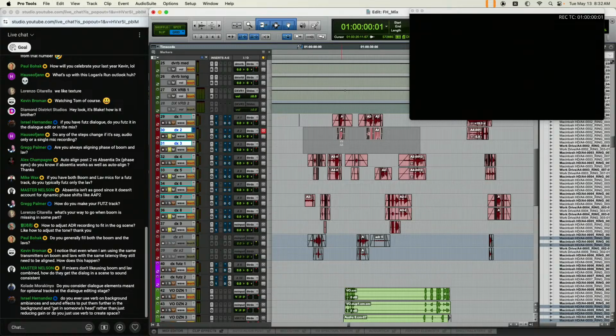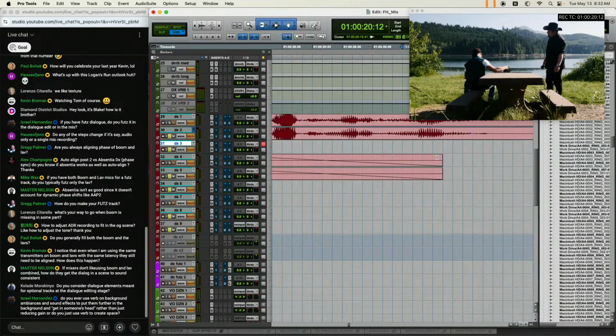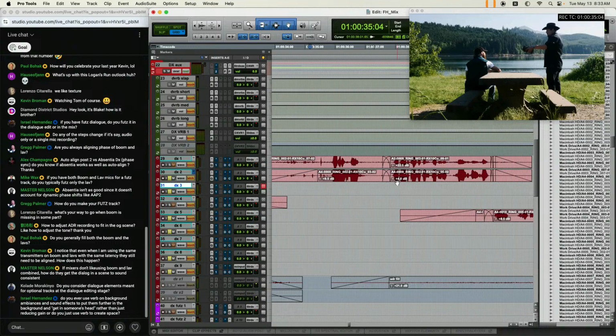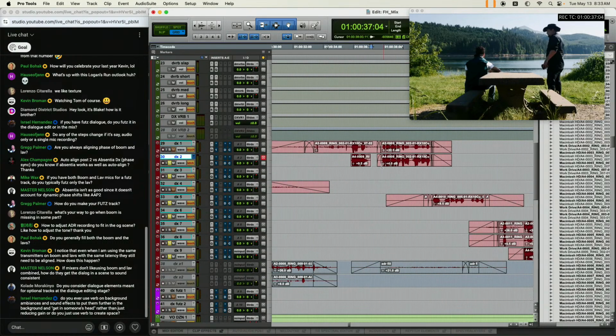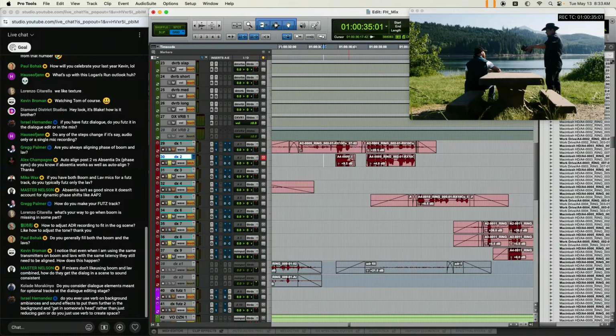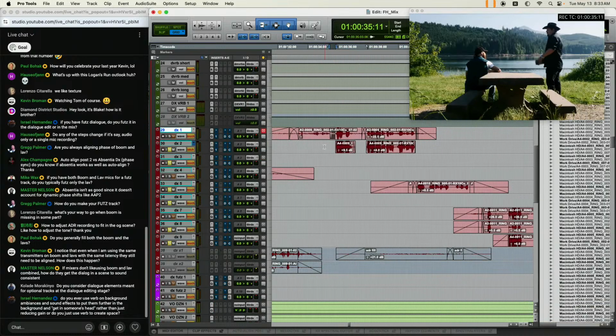I have seen suggestions, especially in our members only Discord, which has been great for communicating and sharing techniques, I have seen a lot of people suggest that cutting the lavs tight was okay. I feel like this is a pretty European, British way of cutting stuff. So you have the boom up here, and then you have the lav here, and the lav just kind of pops in and out. I don't like cutting this way because if there's hiss or rustle or some kind of imperfection on the track, and I just play the lavs, then I have it go in and out, in and out, in and out.